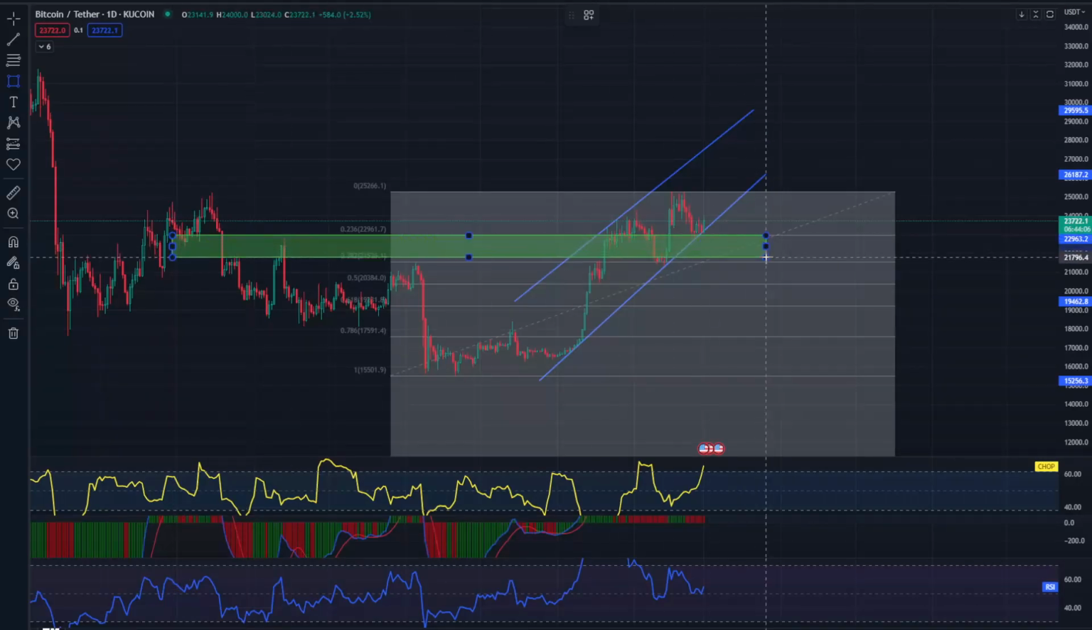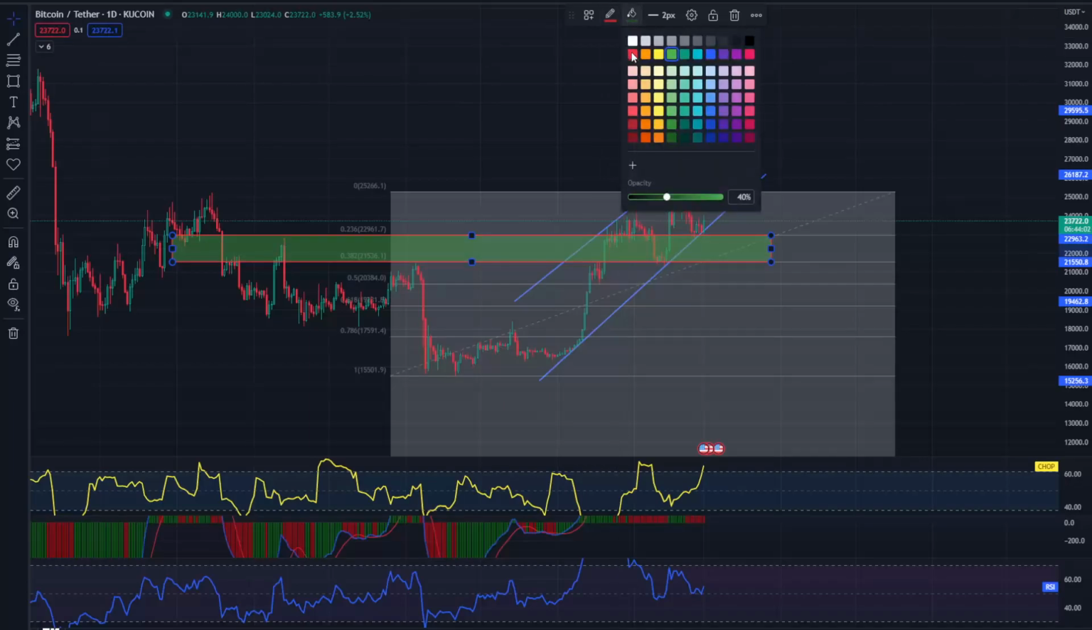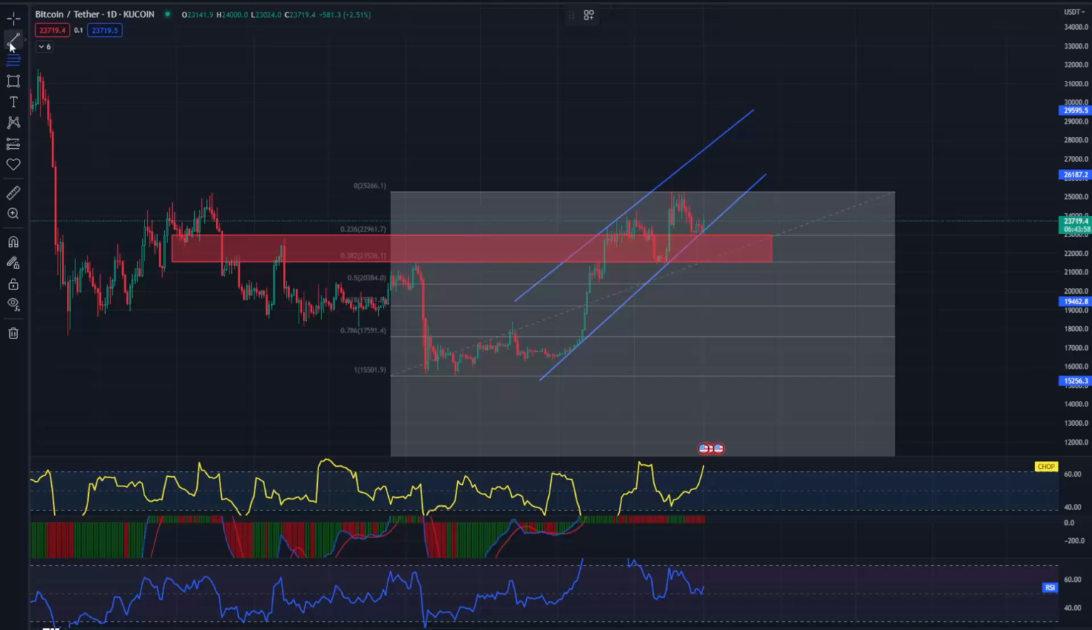And here in the first place it is worth marking the support zone from $22,963 to $20,415. Then we have support at $20,415. The next support is